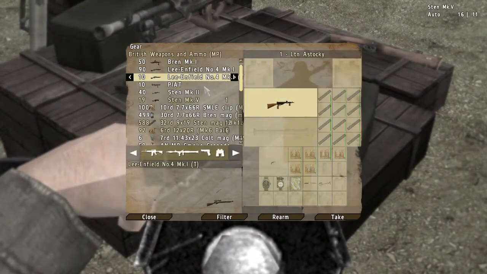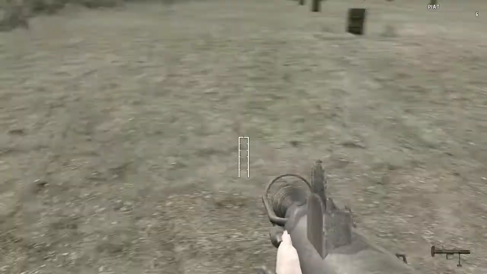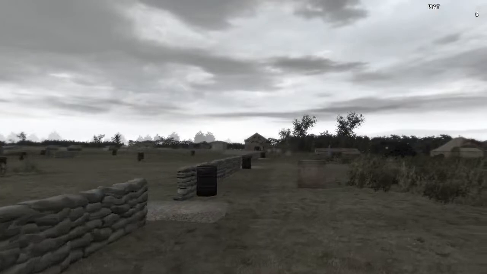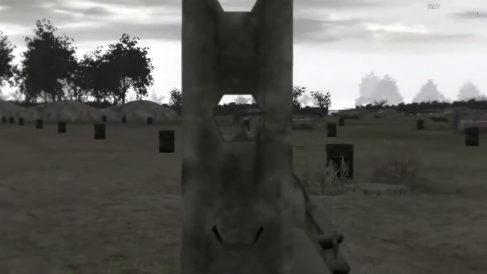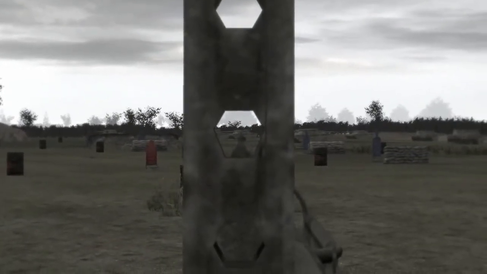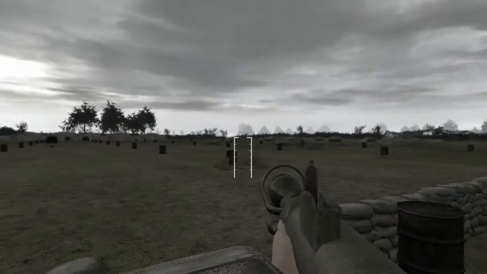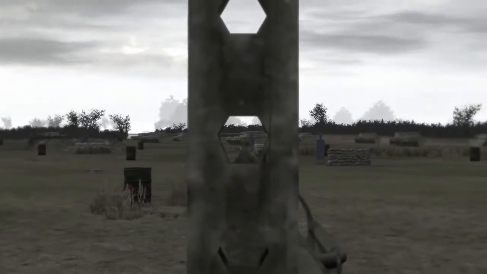This though is a cool weapon. So we'll take one now. This is the PIAT. I think that stands for Personal Infantry Anti-Tank, but it's basically a launcher. Now I don't know what the range thing is like on it, so I'm just gonna... I don't think it has... No, it doesn't have zeroing, so I'm pretty much just sure you just aim like this and go...